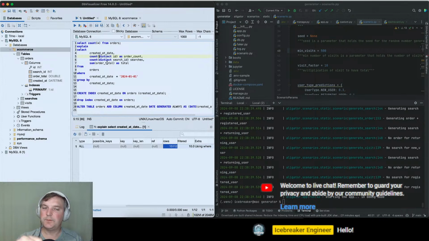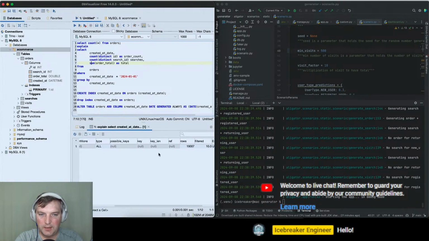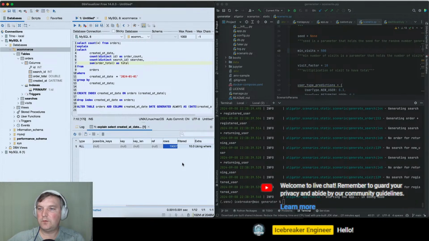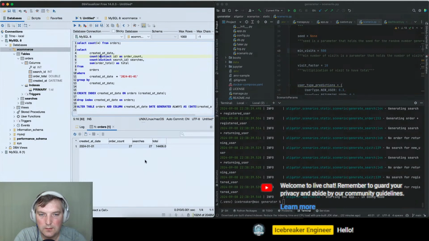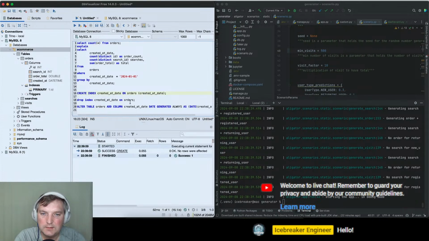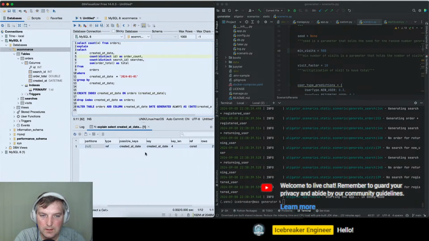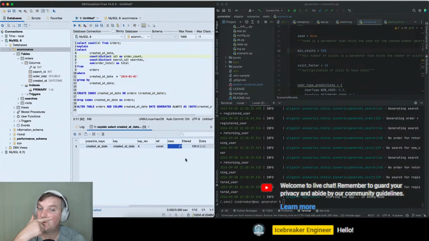Okay, good. So we're done generating, right? So we can run the explain command again. We have almost 20,000 rows available to us. If we run the select statement, of course, it will not do anything significant. It's pretty fast, as I said, but the interesting thing is what you need to look at is this one. If I create an index and run the select again, it's now only pulling 27 rows from everything, so it's filtered 100%.